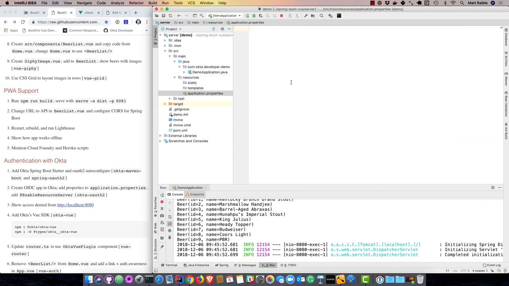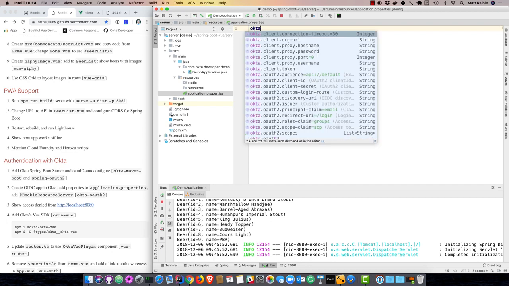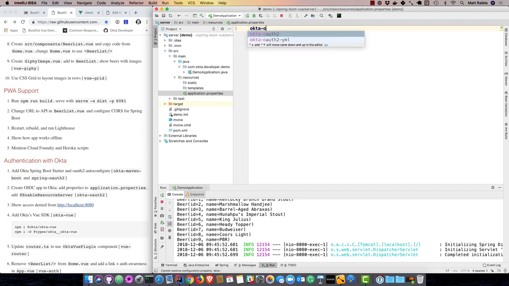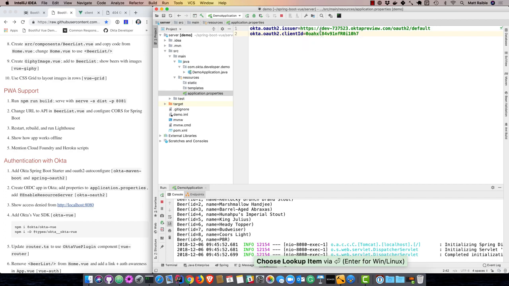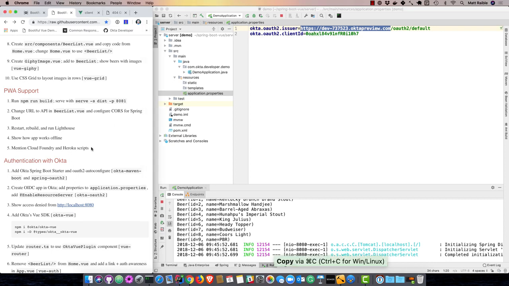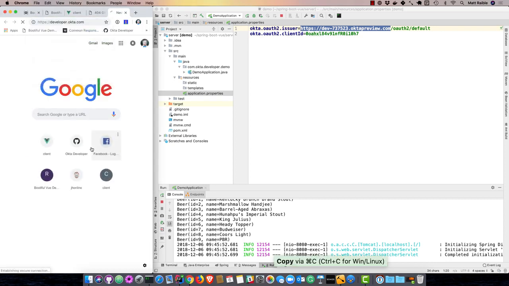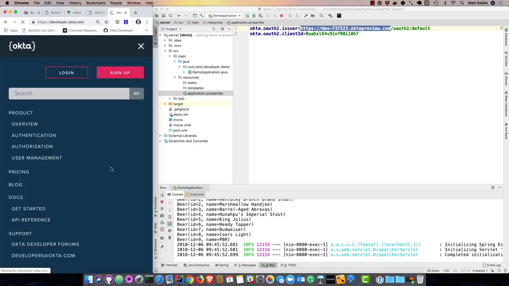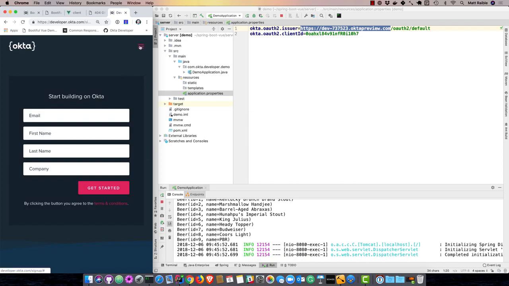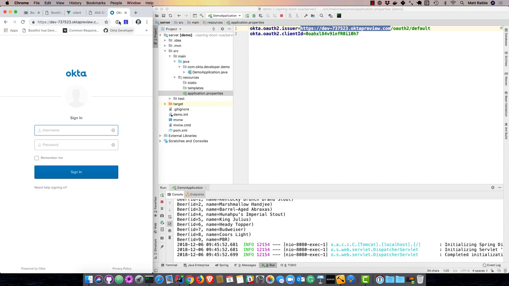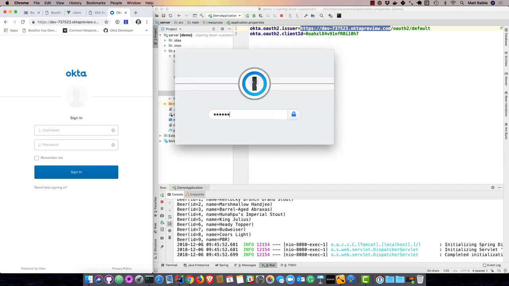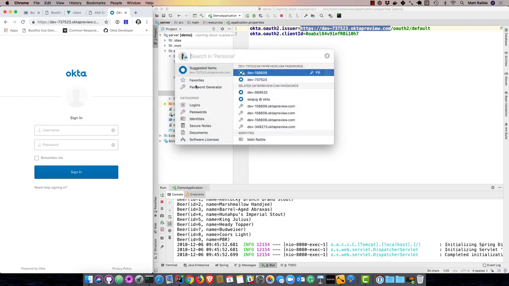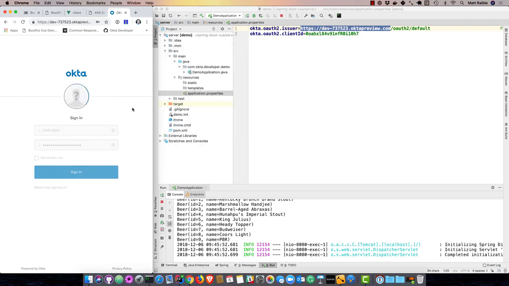And then in application properties, I'll add my Okta settings. So this specifies the issuer and the client ID. So if I go to this tenant, this is where I've actually set my own application up on Okta. If you go to developer.okta.com and click on sign up, you can sign up and create your own as well. But I can go to this URL since I've already signed up and log in with one password because I don't know any of my passwords. Log in,